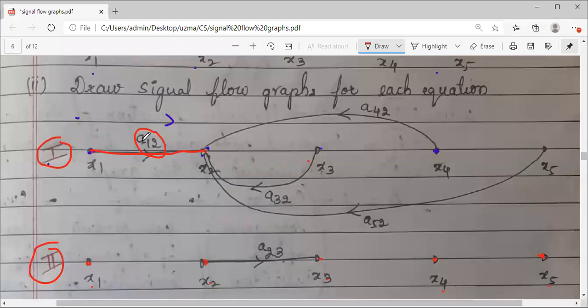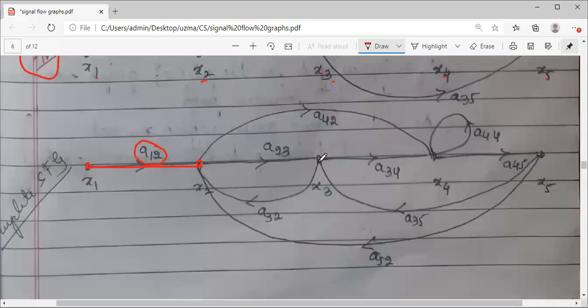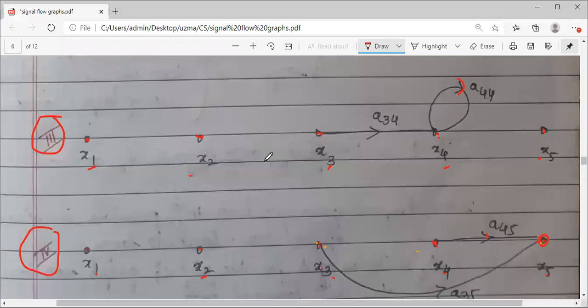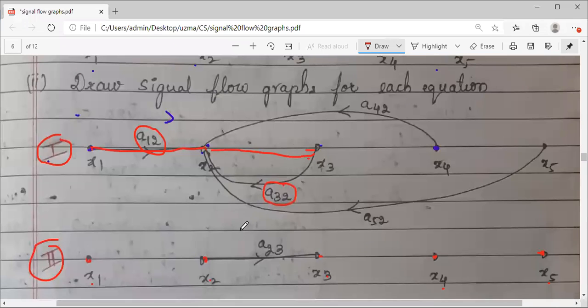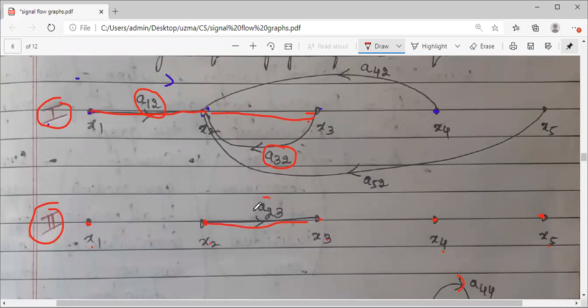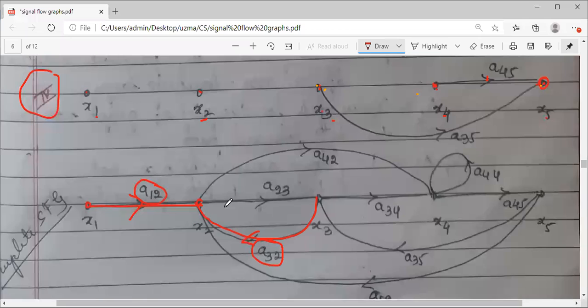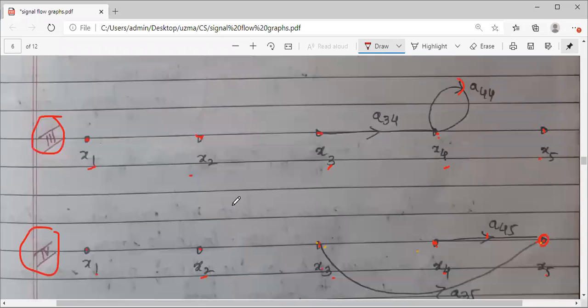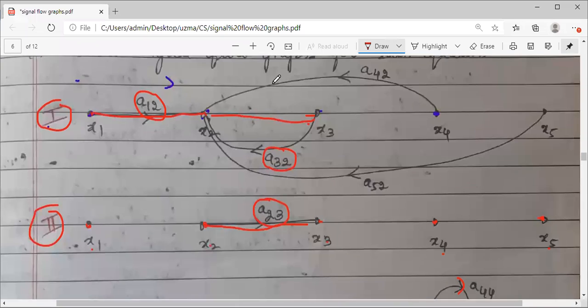So this is over. Now coming to the next set, between X2 and X3. Check between X2 and X3, you have this A32 gain. Let me draw that. A32 gain. Okay, so this is over. Let's see if there are any others. Yes, you also have between X2 and X3 the A23 gain. Take one more line, A23. Finally, you need to club all the answers. Any other lines?